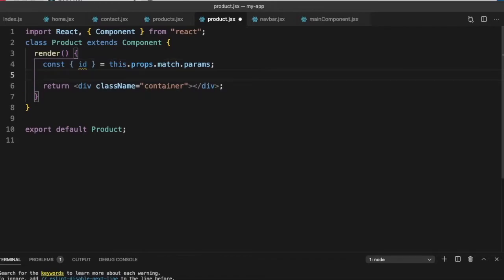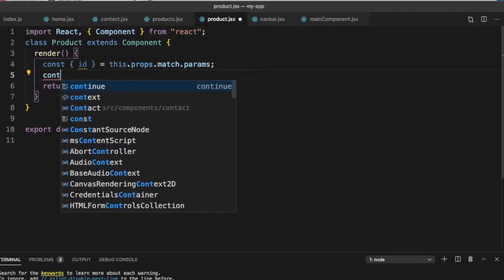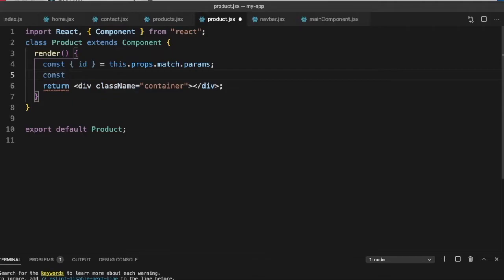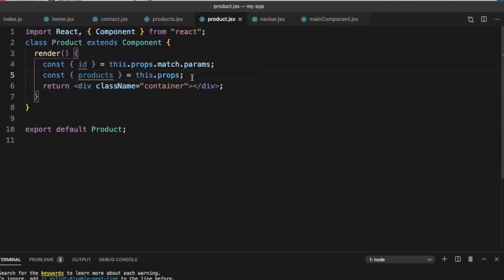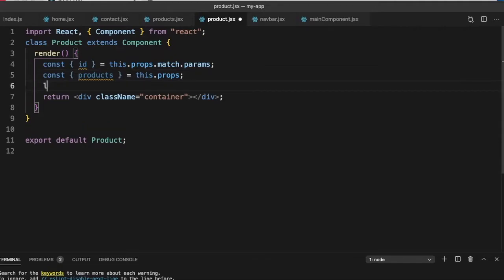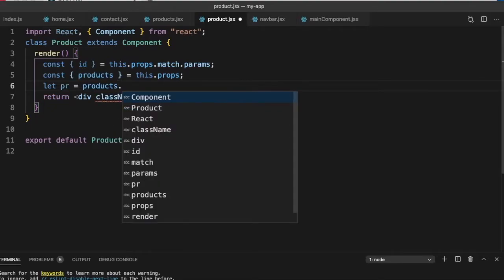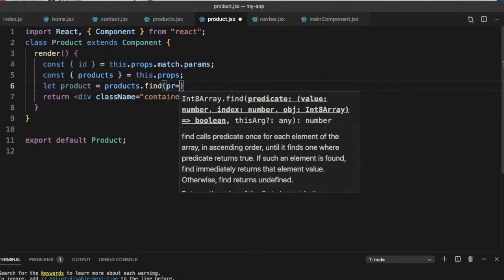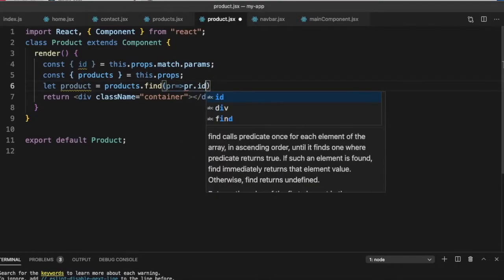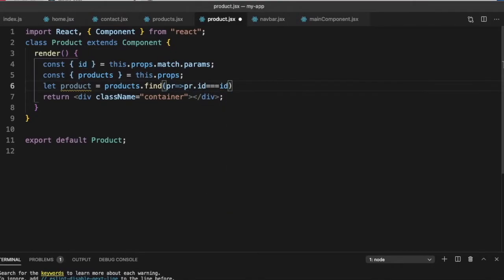We are also getting const products from this dot props, and let us just filter it. Like, let pr is equal to products dot find, or let's just call it product pr, such that pr dot id is equal to id.